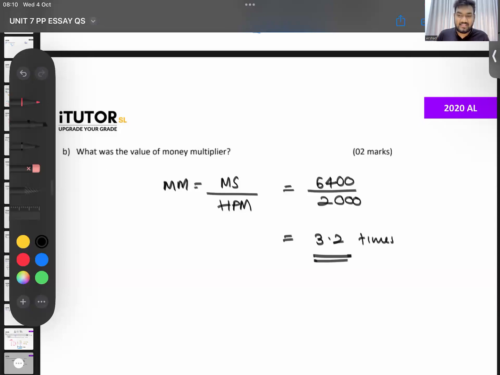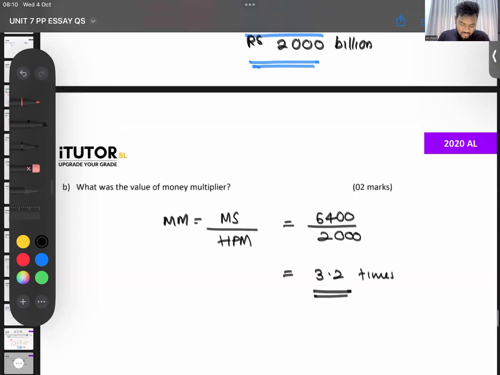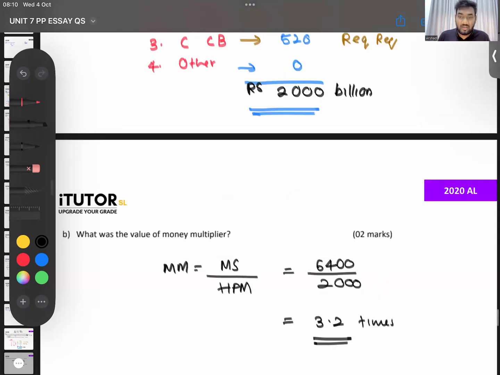Is that okay, guys? That's, I think, one of the easiest 5 marks again. See, 2019 was very easy, no? The questions and everything, very basic type questions only they kept on asking. They asked us what is quantity theory of money. They asked us what are the costs of inflation. They asked determinants of demand for money. Then they said functions of the central bank. And then they asked 2 questions of high powered money and money multiplier.